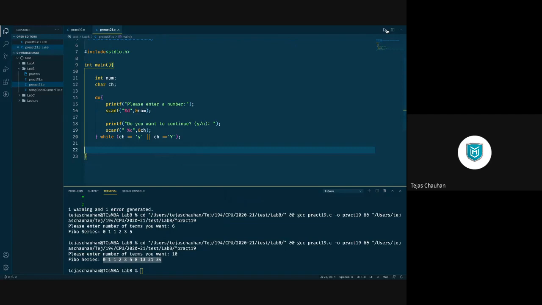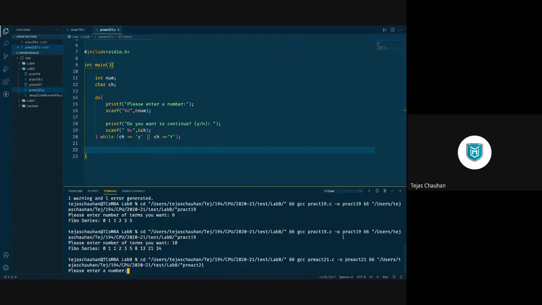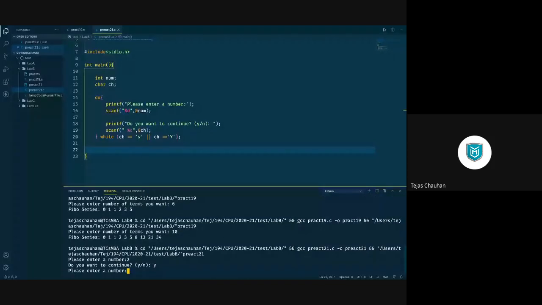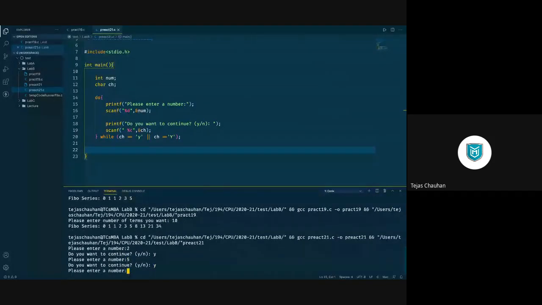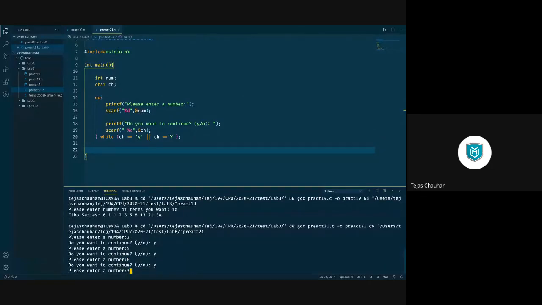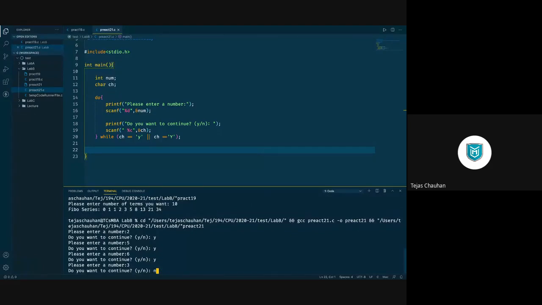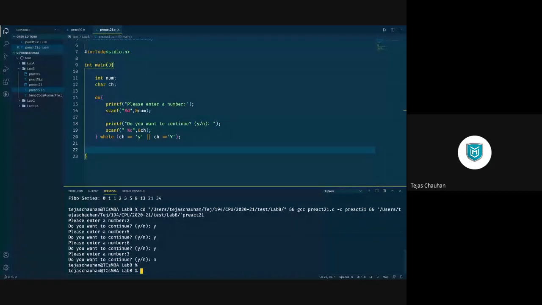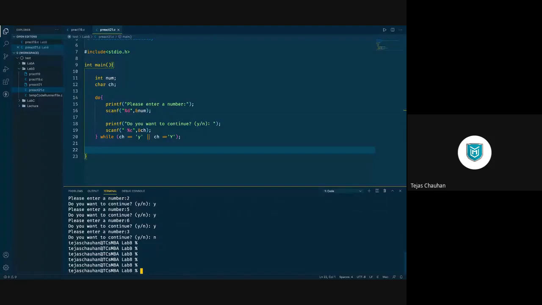Just let us check it out. If I run this code, it will ask a number. Please enter a number. I gave a number, 2. Then it asked me the question, do you want to continue? If I say yes, then it will ask for a number again. Let's say 5. Do you want to continue? Yes. Next number is 6. Do you want to continue? Yes. Let's say next number is 3. Do you want to continue? When I say no, then program will be terminated. Okay, program is terminated here. So we have set up that flow, an almost infinite flow, or rather the user can run it as long as they want.